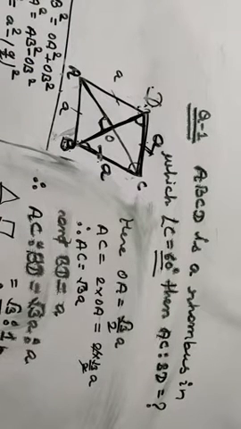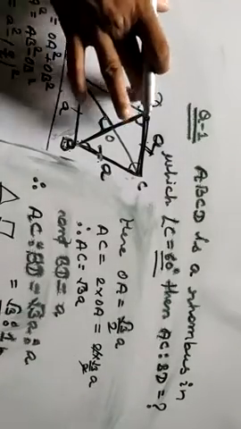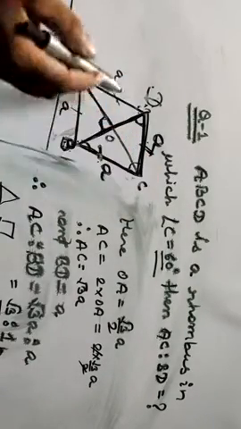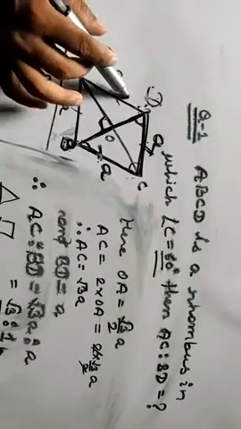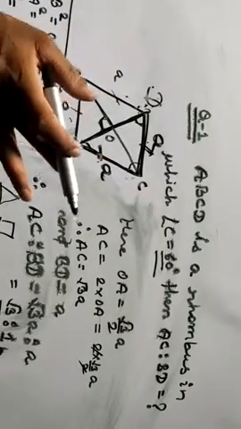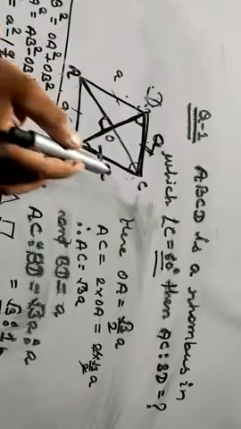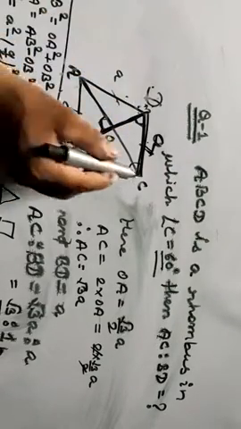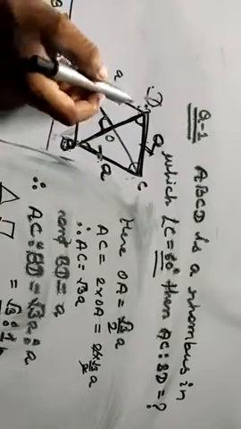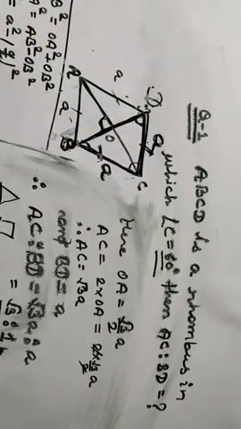Try to remember the properties of triangles, properties of quadrilaterals. In quadrilaterals, what are the properties of a trapezium, what are the properties of a parallelogram, what are the properties of a rectangle, square, rhombus. What I did here, I applied only properties in this question. Why? Because the question is already saying that it is a rhombus. If it is a rhombus, then we know that adjacent sides will be equal. I assumed BC equal to A and DC equal to A. Similarly, in this triangle also, DA equal to A and BA equal to A, because adjacent sides are equal.